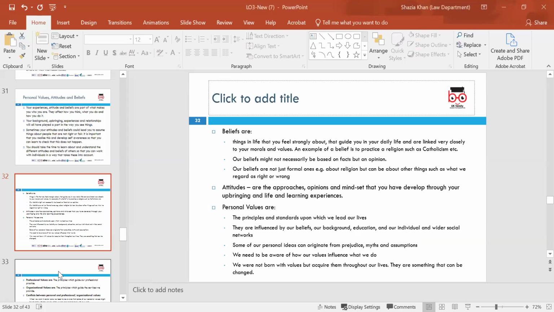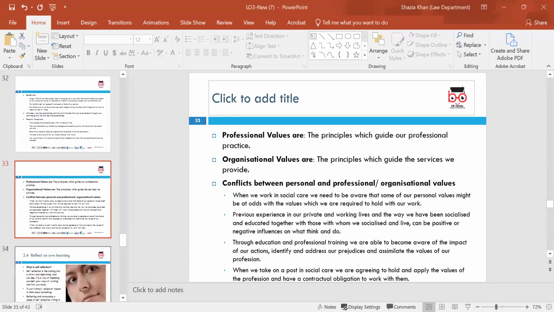We then have professional values. What are our professional values? This is going more into your work. And what are professional values? Who are they guided by? They're more to do with the workplace, aren't they? Influencing how we interact with different colleagues and clients. They are professional practice. And these values are often extensions of our personal values and can be things like building an element of trust, maintaining a positive working environment.